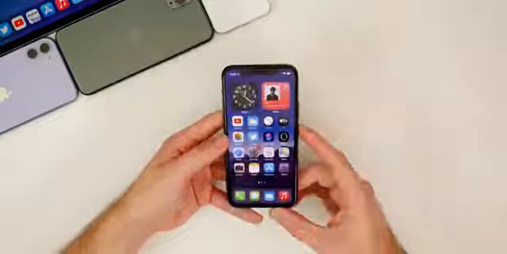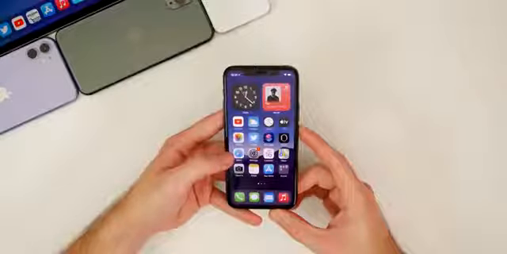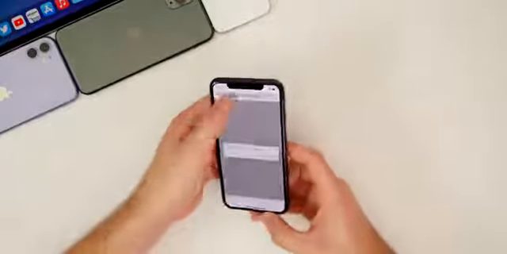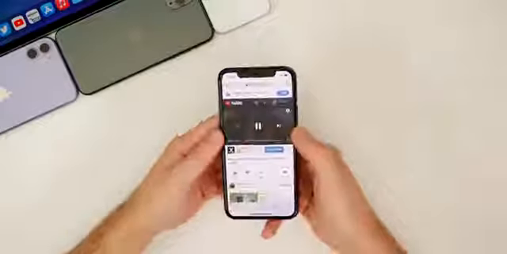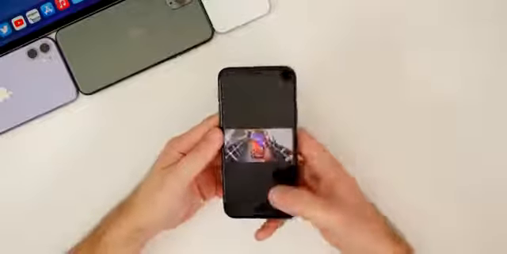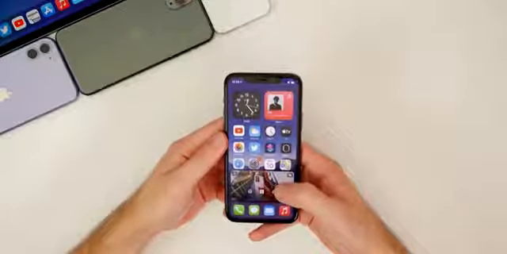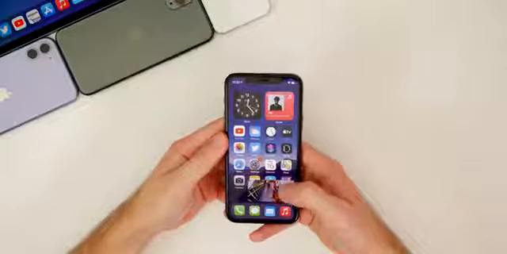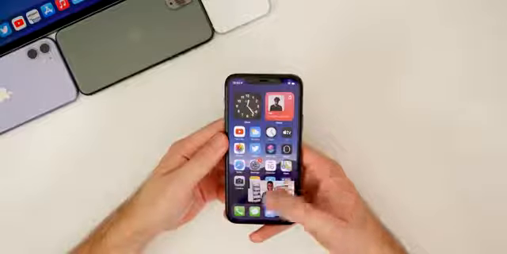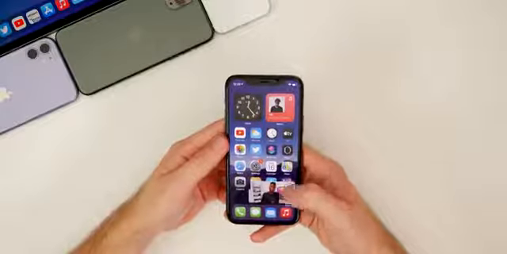Now, if you want this to work for YouTube videos, you actually have to watch the videos in Safari. So if we go to Safari, and we'll just go to YouTube here. So if we play this video in Safari and then we go to the full screen view and then swipe up to go to the home screen, you can see there that we have this video playing in picture-in-picture. And once again, you can change the size and do everything that you could do like I showed with Apple